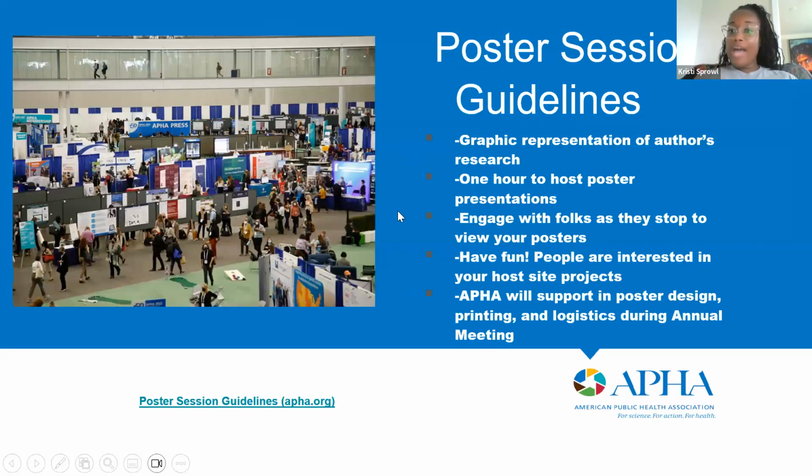And so these are a few guidelines that I do want to highlight. Caitlin and Laura will be able to speak on further later, but just some high level knowledge about some guidelines. As I mentioned, it is 1:30 to 2:30 that Tuesday to present. So you'll have an hour of time. This picture could seem overwhelming, but it is a great depiction of how the poster presentations look. There'll be a couple of rows of posters that you'll stand by, and people, as you can see, are walking along. They might ask questions.